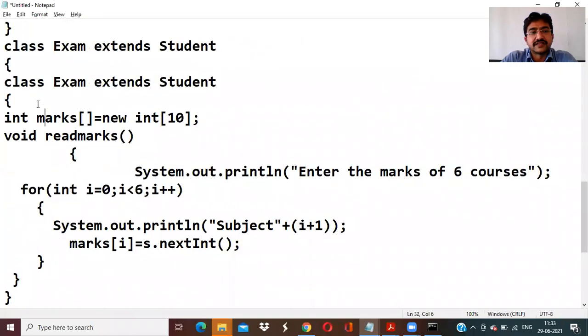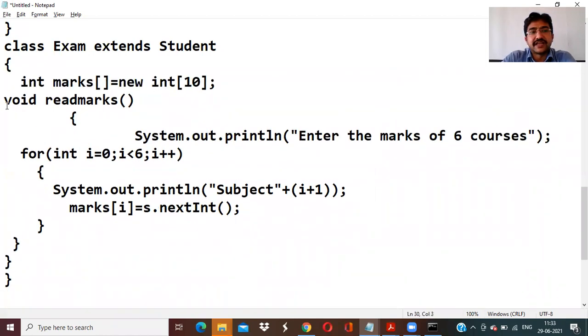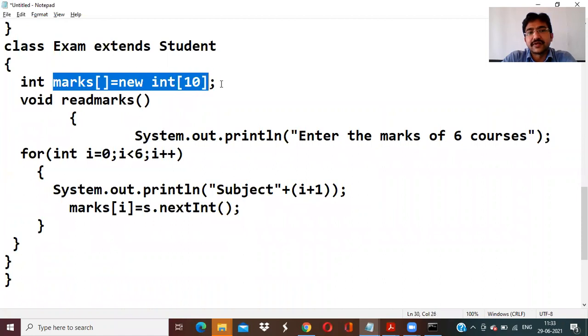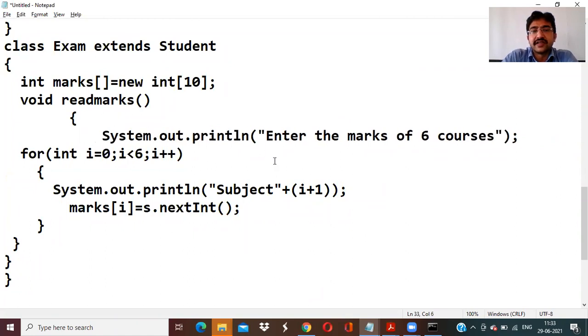See, what I'm doing here is I'm just taking the marks, because we are reading n number of marks, right? So I'm taking an array, a marks integer array, because all the marks will be normal integers only, right? So I'm creating a marks array of size 10. I'm reading the marks here. So how to read the marks over here: you can enter the number of courses, like n, you can read it, or statically if you want, you can use 6 courses or 5 courses. So whatever courses there are in the first year for you, all those 5, 6 or 8 courses, you can display over here.